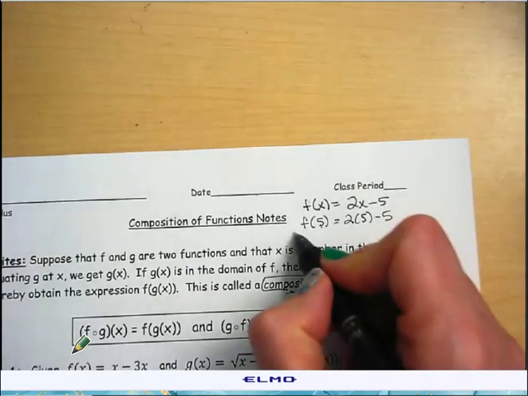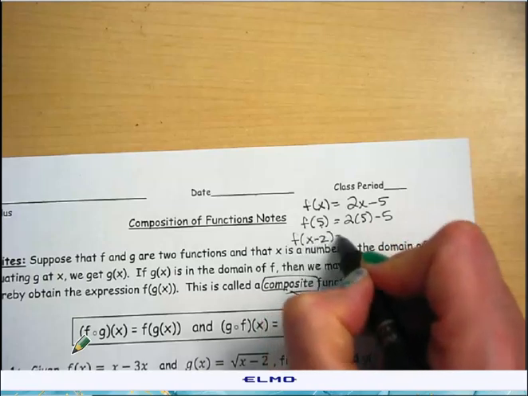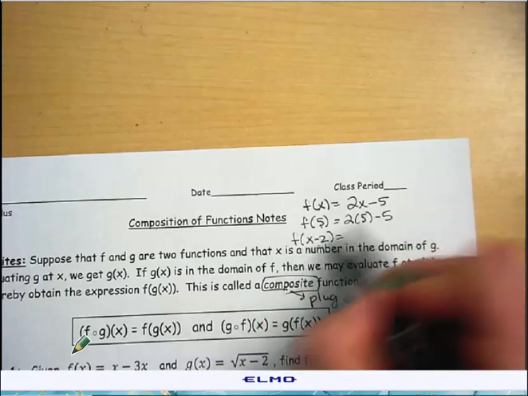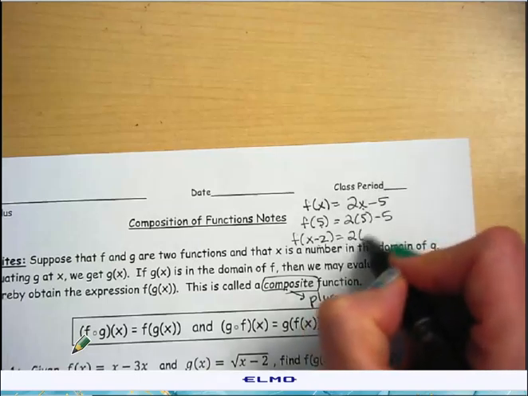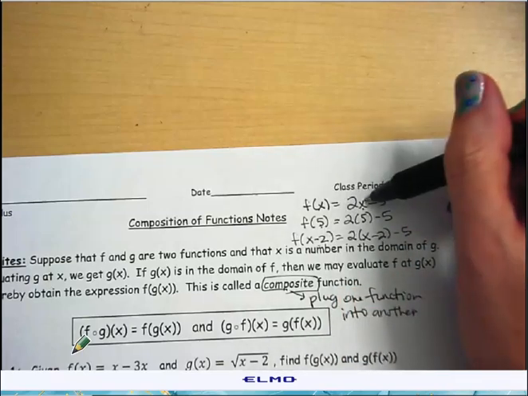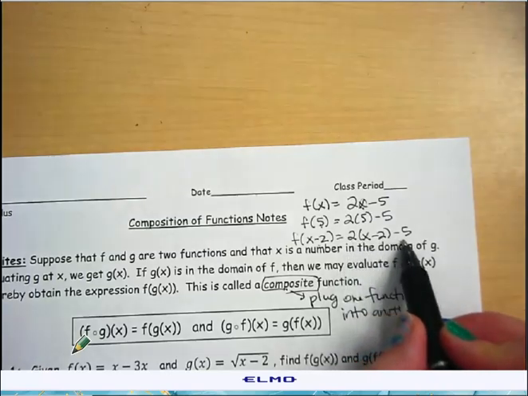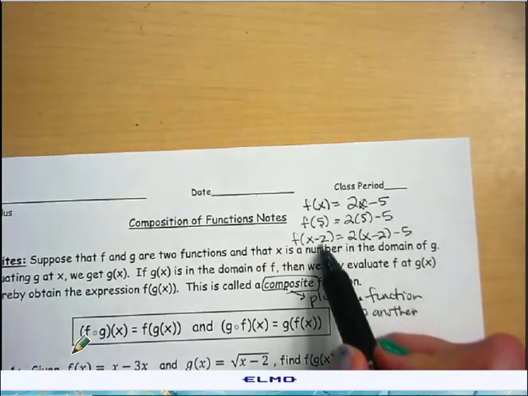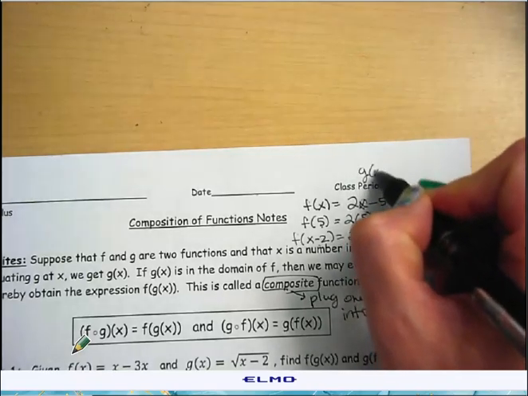It could be an algebraic expression like x minus 2. Whatever's inside this parentheses is what you're substituting in for the variable. So I've taken that x minus 2, plugged it in for x, and now I have 2 times x minus 2 minus 5. But if that x minus 2 had been a function, let's call it g,